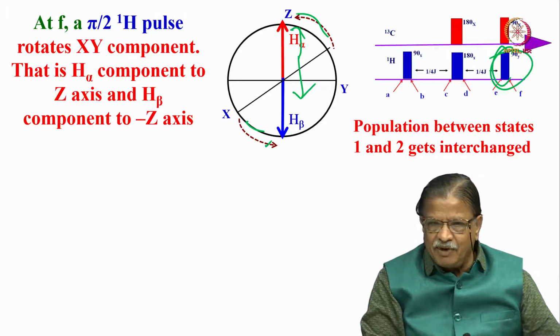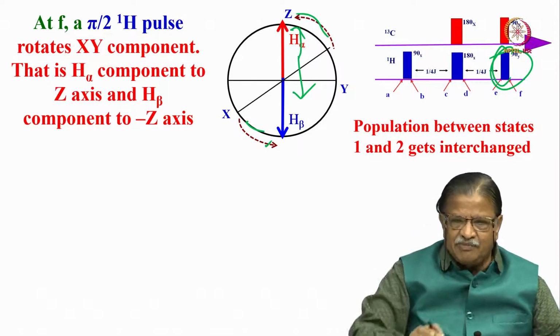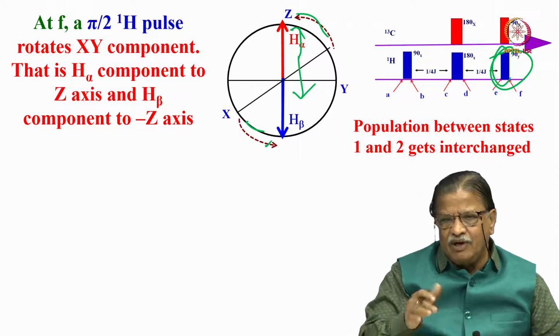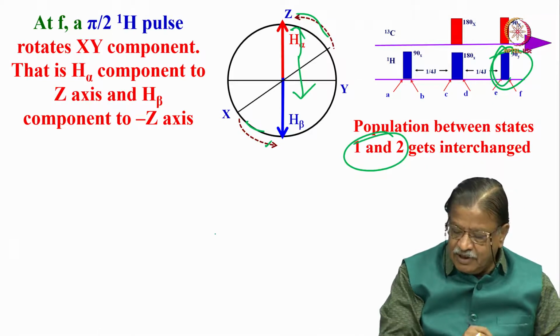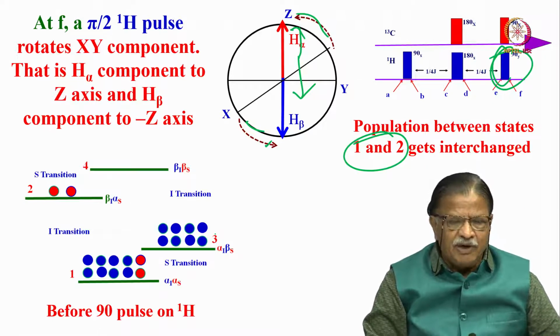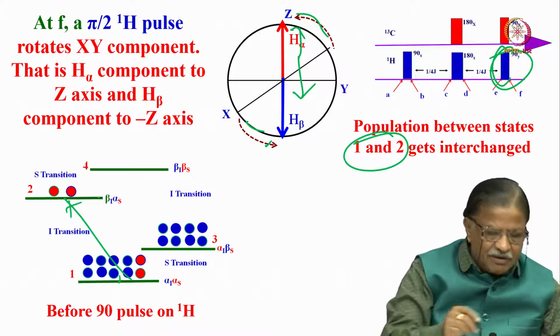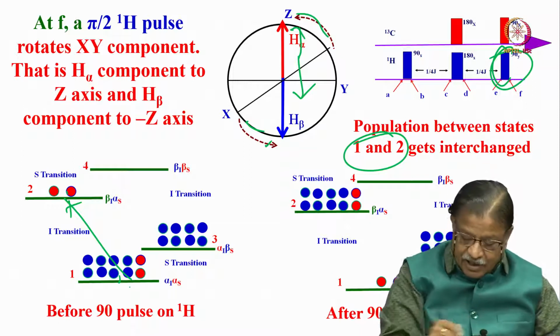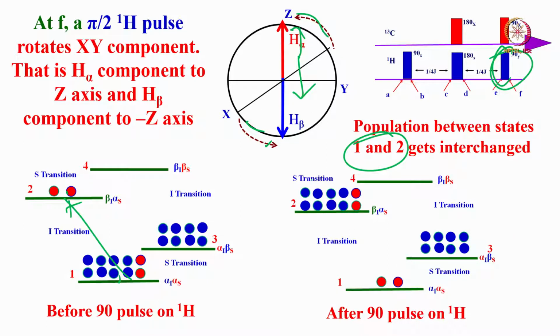This is a very interesting thing that happened, right? We started with this thing because the alpha and beta spin states get interchanged. The population difference between the spin states of the proton, between states 1 and 2, gets interchanged. So now the population between 1 and 2 is the proton transition. Now interchanging that, this 2 will come here, 8 will come here. Diagrammatically you can see what is happening. This is before the 90-degree pulse on the proton, this is after the 90-degree pulse on the proton. A very interesting thing happened. What did we do? This is nothing but the selective population inversion I was talking about. We did this experimentally by applying it.